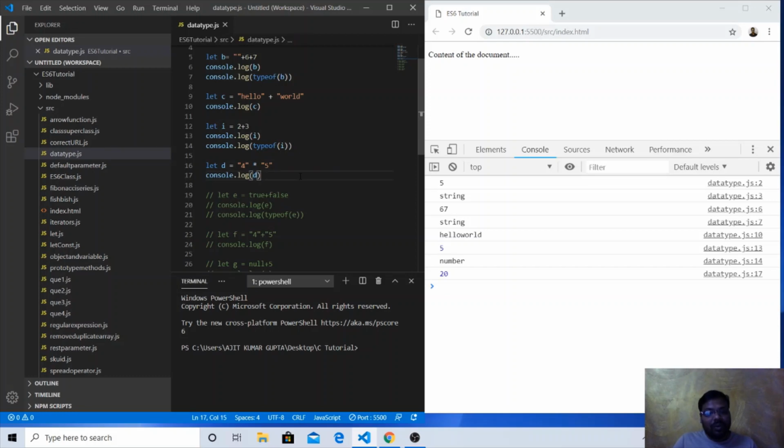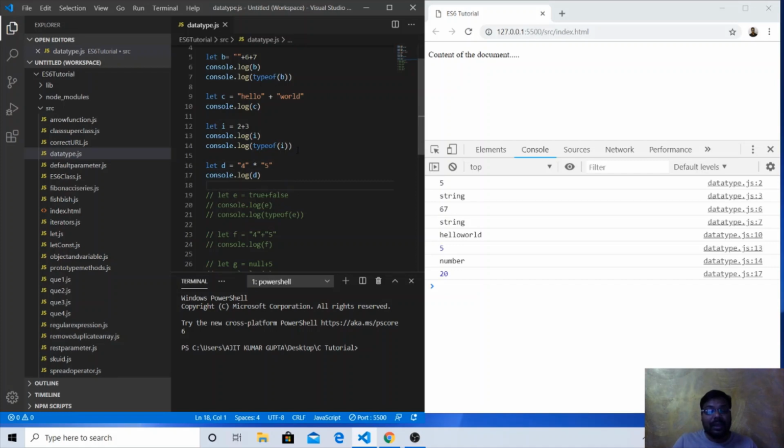We know that two strings can't be multiplied, and JavaScript also understood very intelligently that the values around the multiplication operator must be numbers. So it multiplied them as two numbers, 4 into 5, and the output is 20.